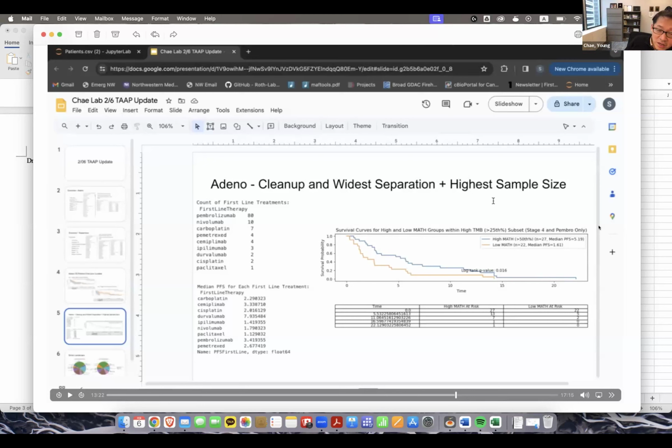Right, and these are combined, right? Mono and combo combined? Or is it mono? I'm not exactly sure, but it seems like what he's saying is these are mono. Because these are only the first line therapies, and if it were combined, I believe that they should have recorded both types or 3 different types of treatments, but there are many things that we just have to assume in this database.